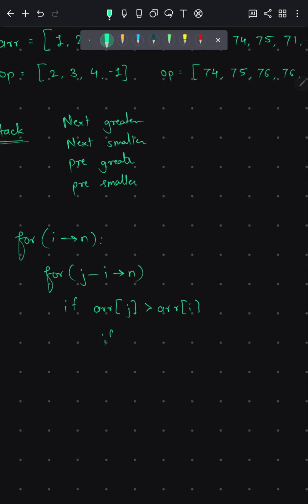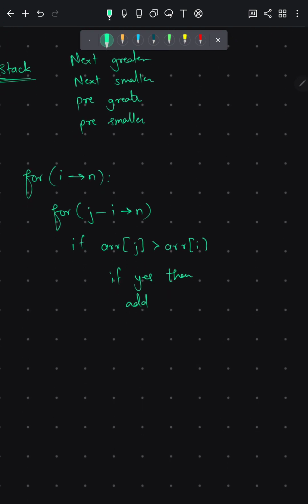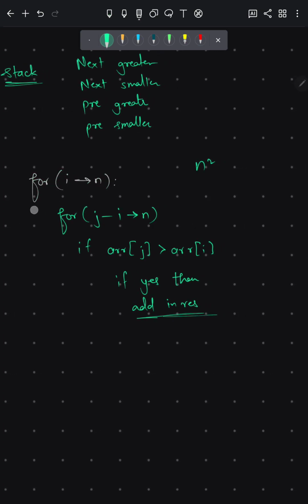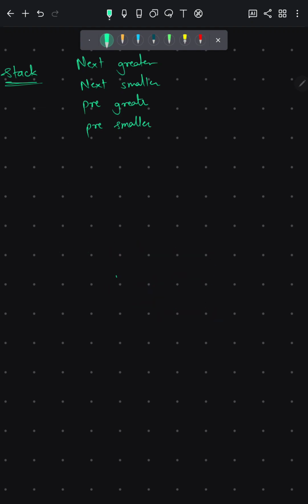If yes, then add it in the result. So basically this will be the brute force approach. This would be O(n squared). You can do this easily, so we are not going to focus on the brute force approach.